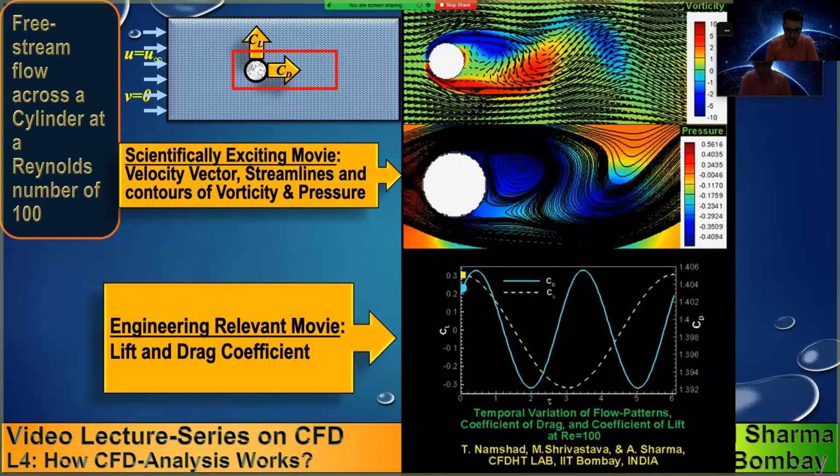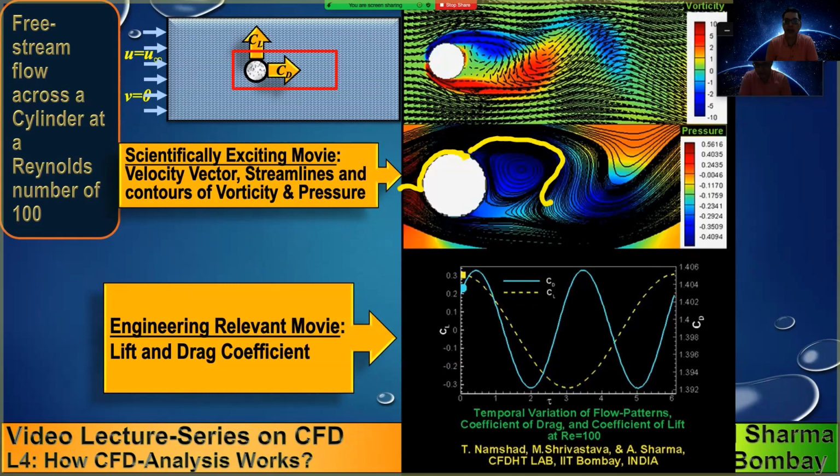The direction of rotation is, in this case, there is a phenomenon which occurs, which is called flow separation. And when the flow separates, the streamline separates from the solid surface. You can see initially the streamline is passing through the solid surface, as you see here. But from here you start seeing that it separates, it goes like this.